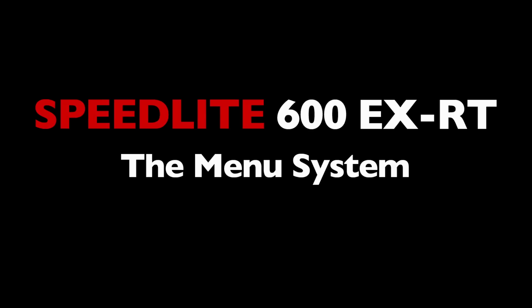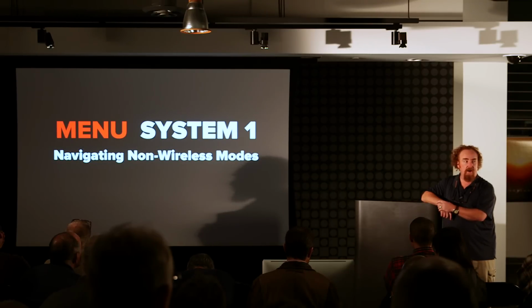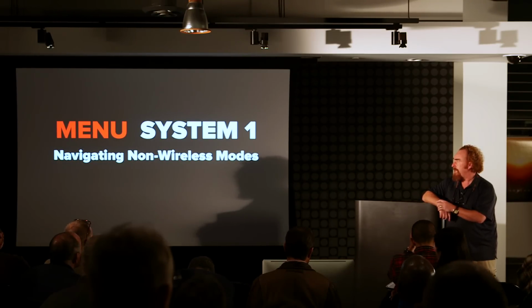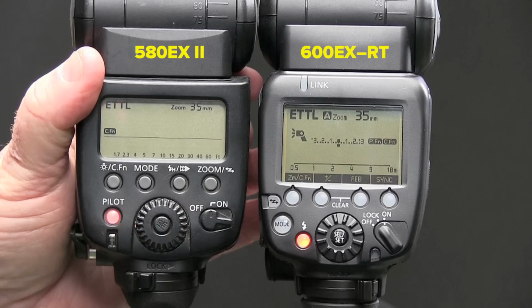Now we're going to survey the menu system based on non-wireless first, and then we'll take a look at it in the various wireless modes. Because actually in the radio wireless modes, we have some of the most exciting features in the world of speed lighting. So there's a peek at the 580EX LCD compared to the